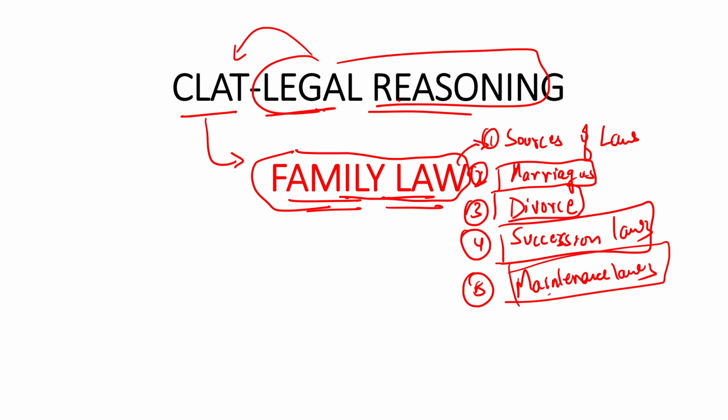So in order to make sure that once the marriage is taking place, both the spouses are cohabiting together in a very happy, prosperous, and healthy environment, we have to make sure that there is a good amount of maintenance. A person should be able to maintain himself or herself. If the person is not able to maintain himself or herself, then there is a provision in the law which provides that the spouse, or the main head of the family, has the responsibility to maintain the person who is unable to maintain.